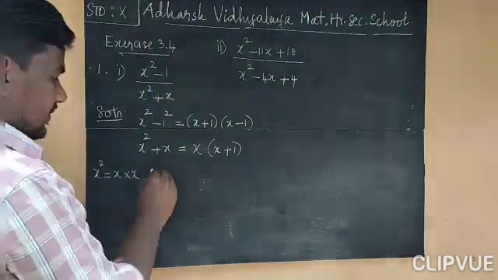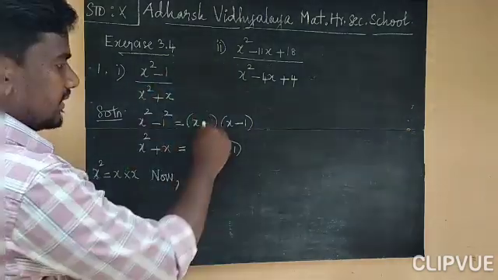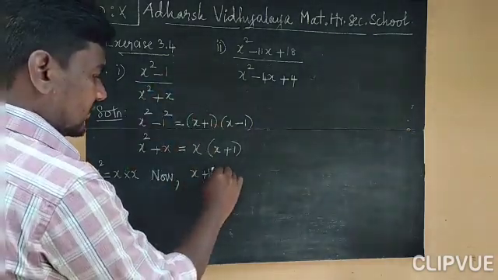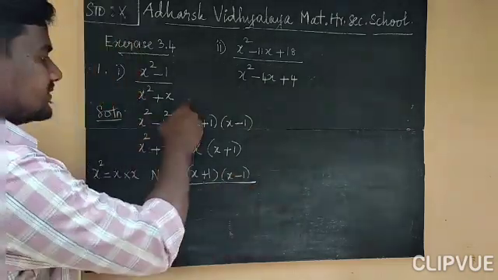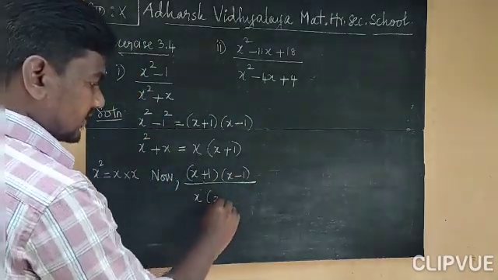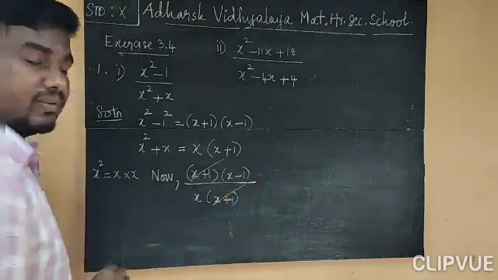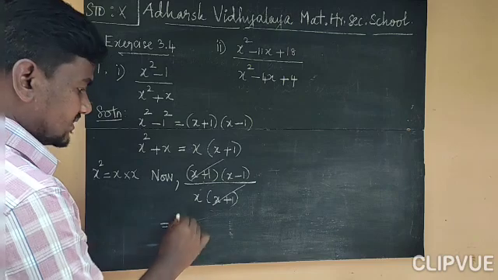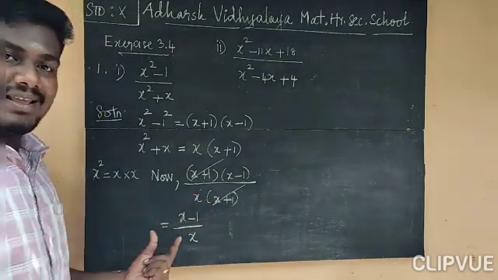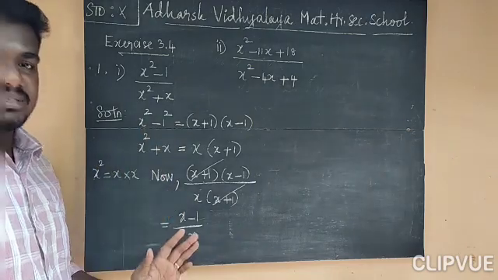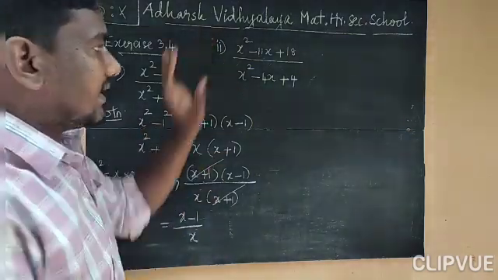So here we are going to replace. Now x square minus 1 can be written as x plus 1 into x minus 1 divided by, this can be written as x into x plus 1. This x plus 1 and this x plus 1 will be cancelled. So what do we get remaining, x minus 1 divided by x. So it is an irreducible form of this rational expression. We cannot simplify it further. Okay, right. Move to the second problem.